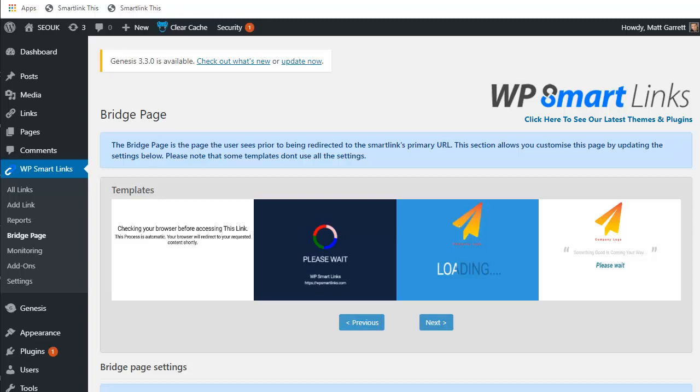Okay, before I actually explain what the bridge page is, I want to mention that there is a default setup. It's this one here on the left. It's very plain and simple. And if you're happy with that, you do not need to play with the bridge page settings at all. It will work as it is, and you don't need to worry about this